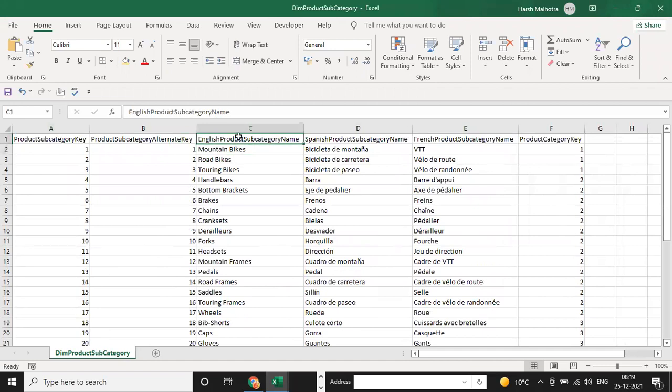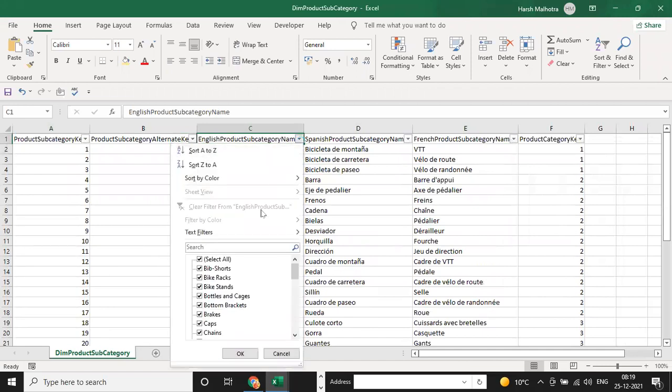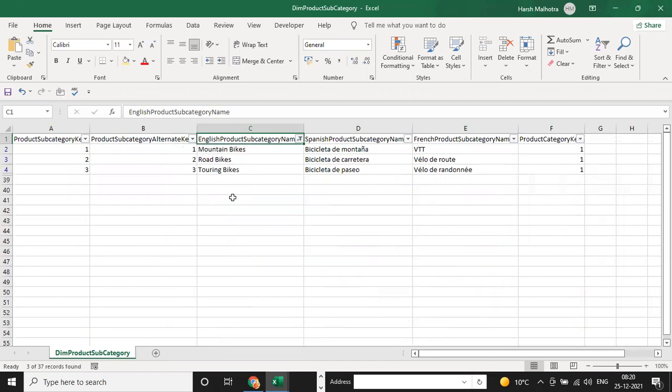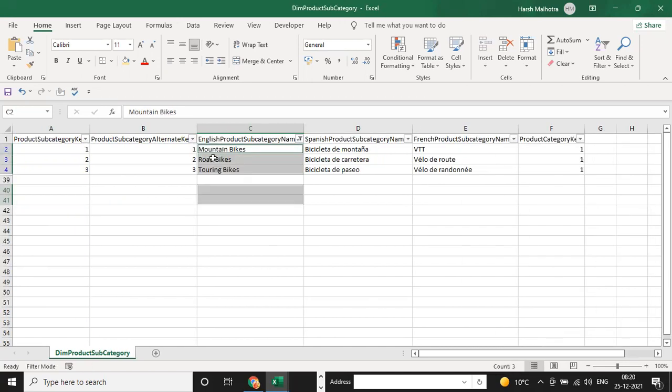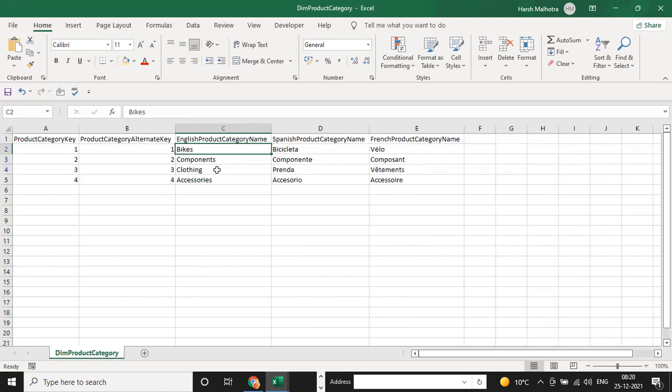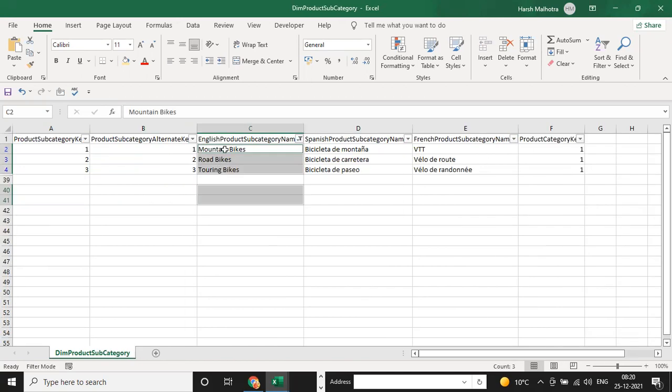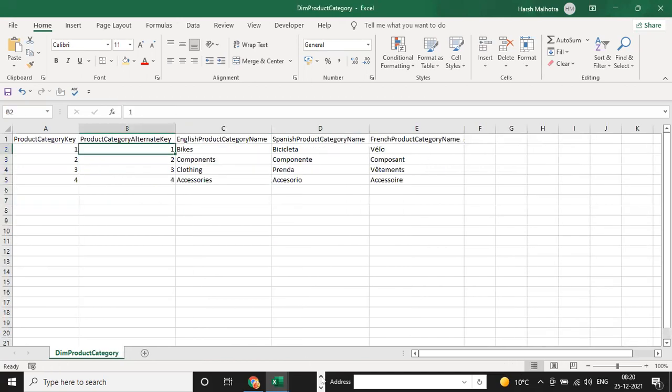See, if I select only bikes, then under bikes you have only 3 subcategories. So it means the product category bikes is divided into 3 parts. So it means this table is a dimension table for this table. This is the way we have to connect our main table.